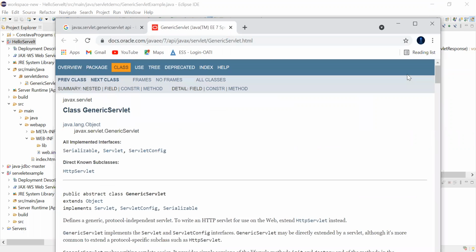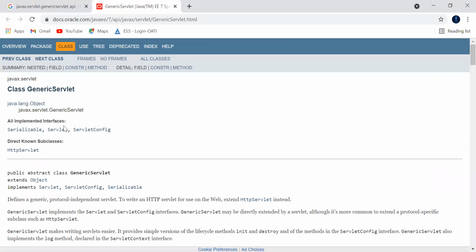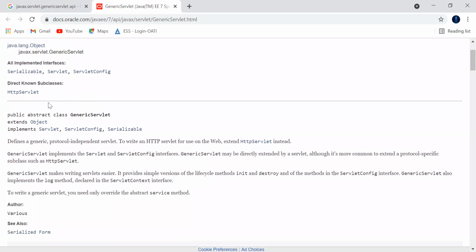Anyway, let me explain. Let us check. See, it is a subclass of Object. Generic servlet is a class, but it's an abstract class. See this: public abstract class GenericServlet extends Object, implements Servlet, ServletConfig, and Serializable.